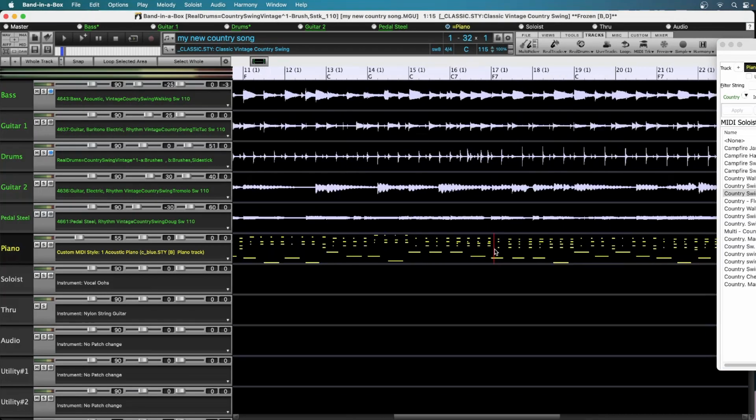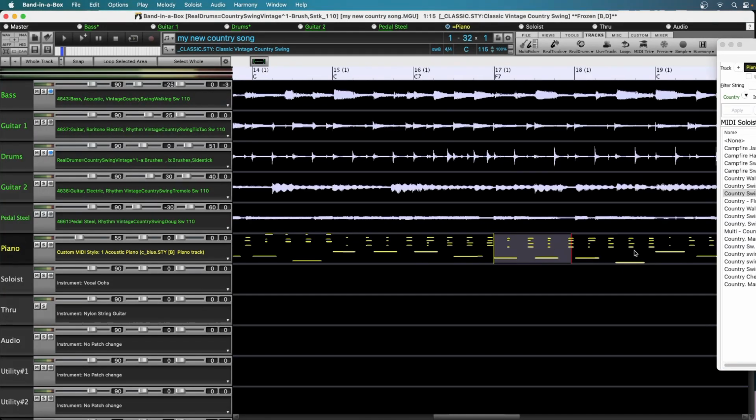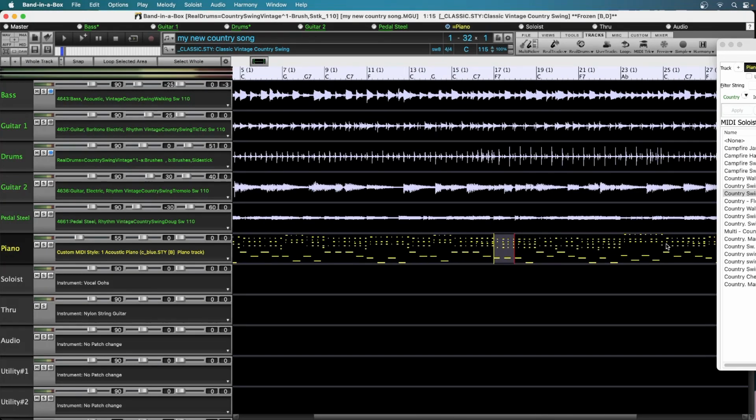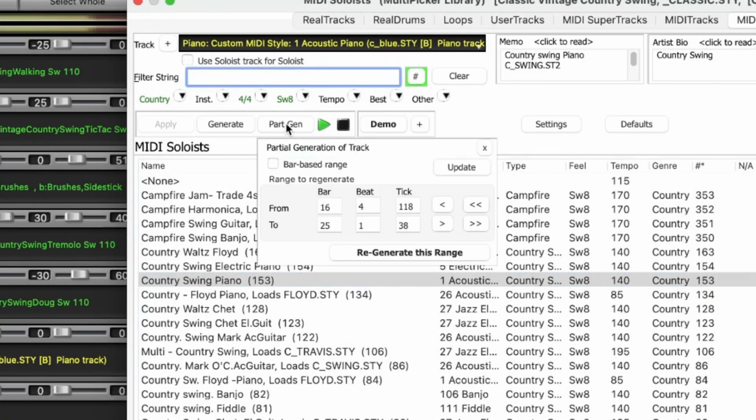So I'll click where I want it to start around bar 17, and then I'll zoom out, and I'll shift click just a little past bar 25. So now, like before, I can go to Partial Generation,